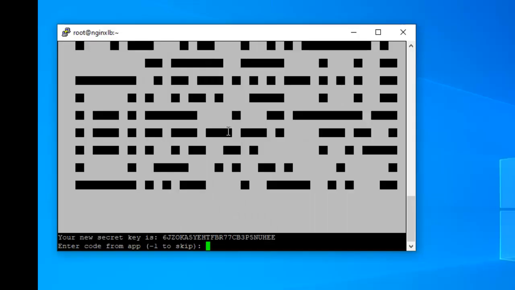So friends, here it is showing the OTP. I am using 517275.